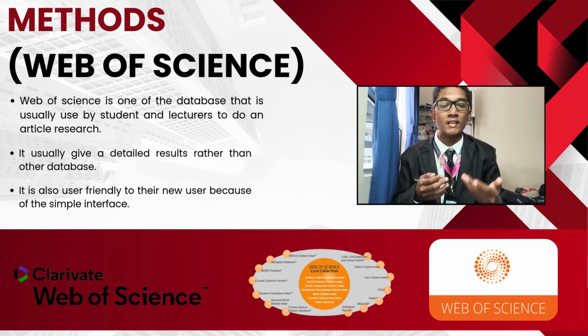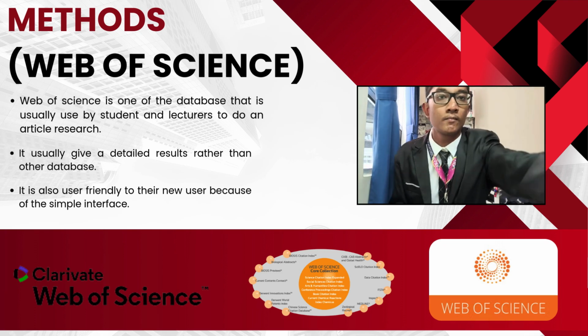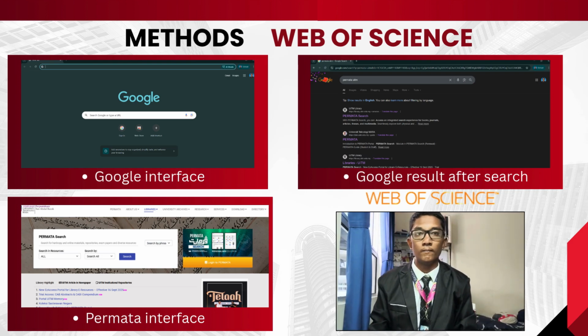For example, students who never understood what a database is use Web of Science and they can understand it easily. That is why they prefer to use Web of Science. Next, on how to use Web of Science. First of all, you need to go to Google or any other search engine that you have on your laptop